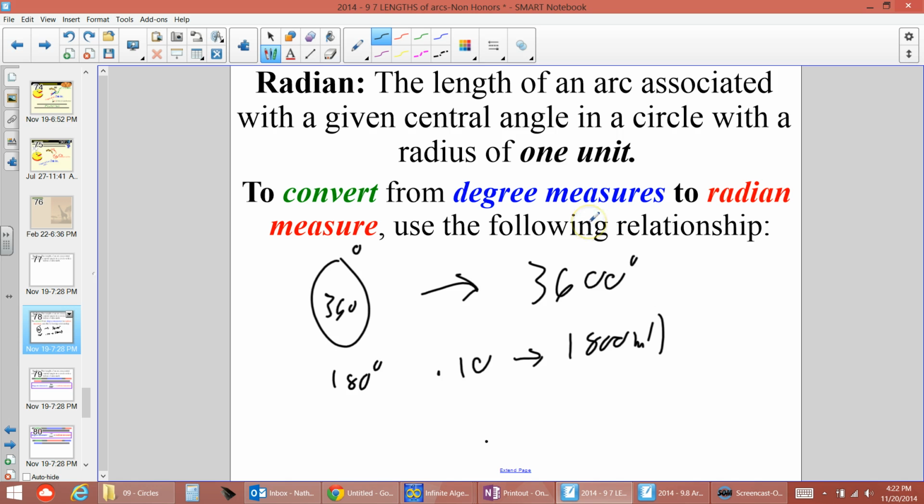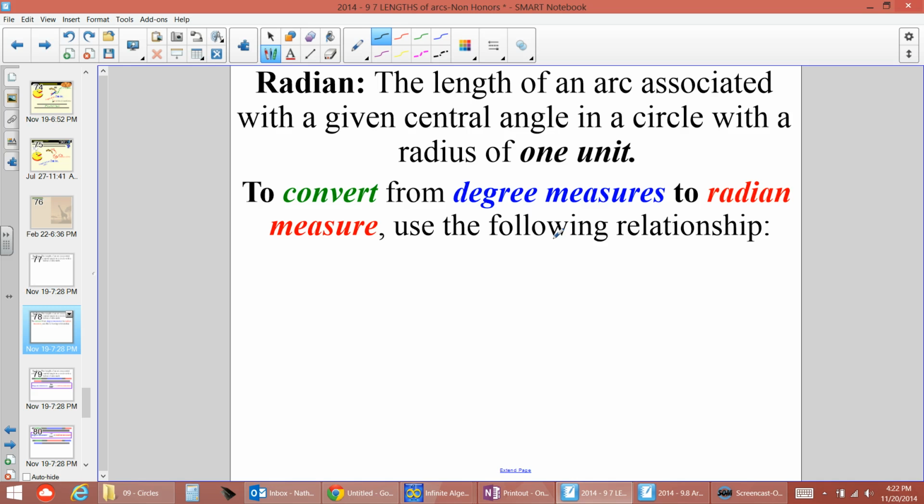Not degrees. Let me erase this degree symbol. That's wrong. So this would be in mils. So for our conversion, let's say it's 90 degrees. We would just have to times it by 10, and we would end up with 900 mils. We went from degrees to mils by timesing by 10. So if I get rid of all these marks,